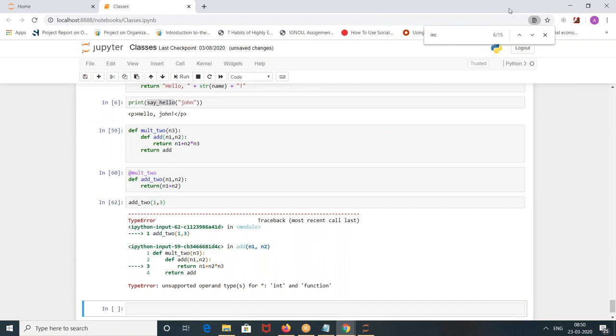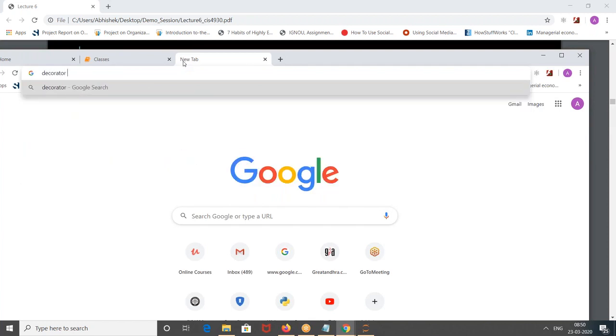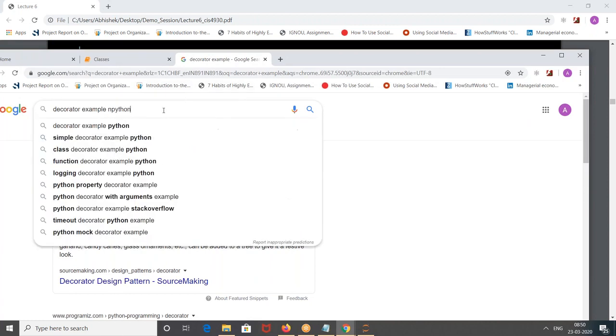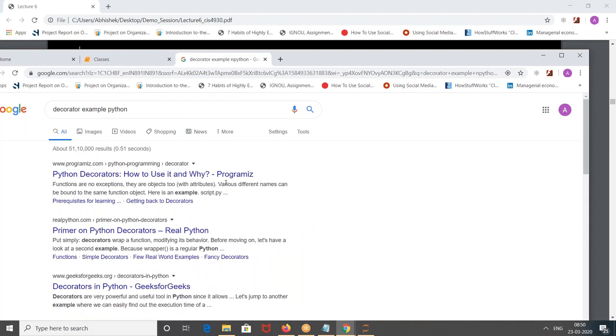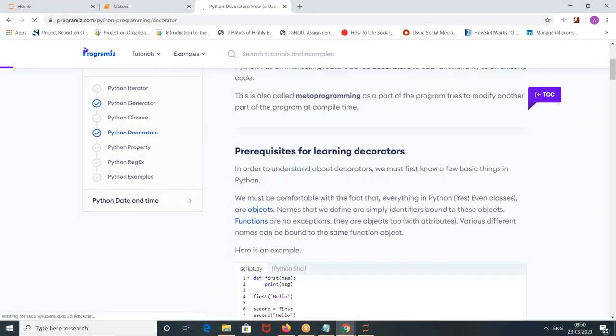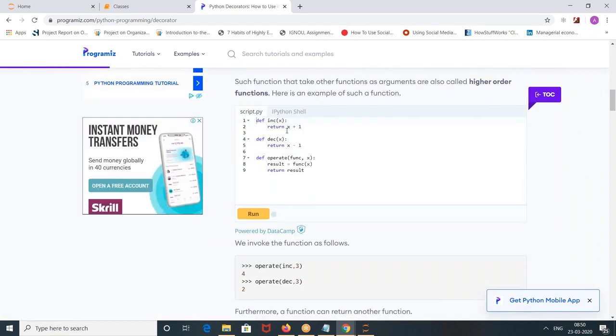Hey, I give it up. Let's get some examples from Google. There is an inc function that increases x plus 1, and a decrease function that does x minus 1.